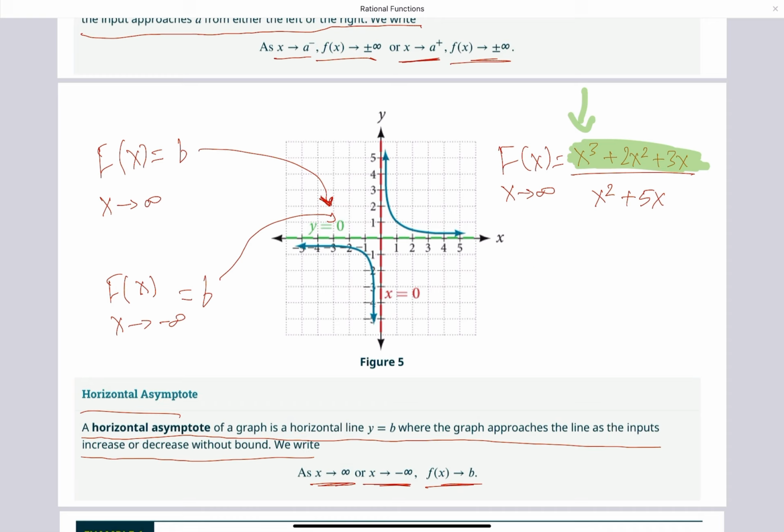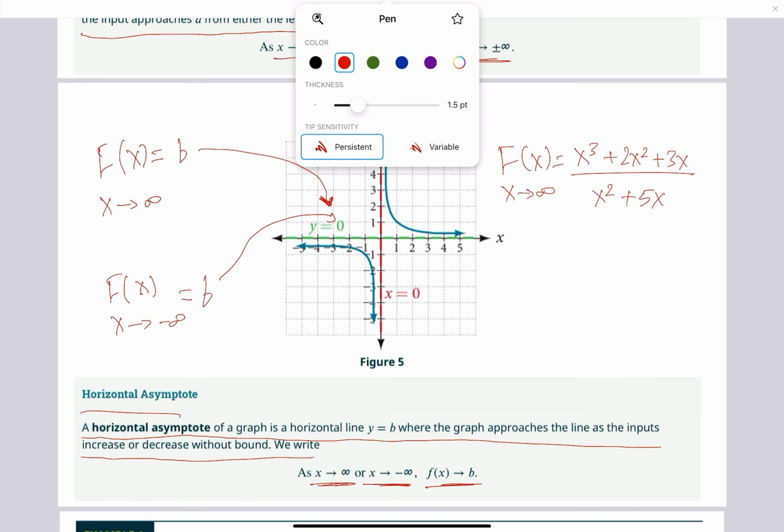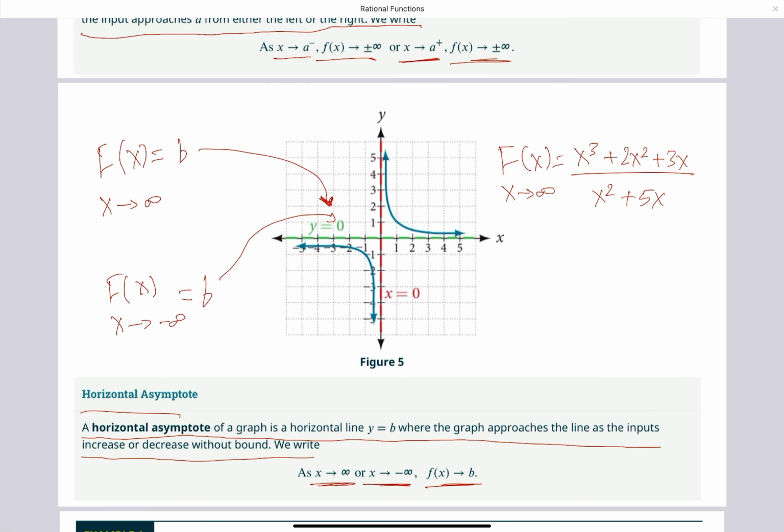And that is true. But with rational functions, what do we do? It's a very simple trick. You take the leading term, that's why you need to understand leading terms. You take the leading term of the numerator and the leading term of the denominator. So we have x squared and x cubed. It just happened to be that the leading terms were rearranged properly in this case. It may not be the case with every single question, but in this case x cubed was in front, same with x squared. So now I have x cubed divided by x squared, and remember,